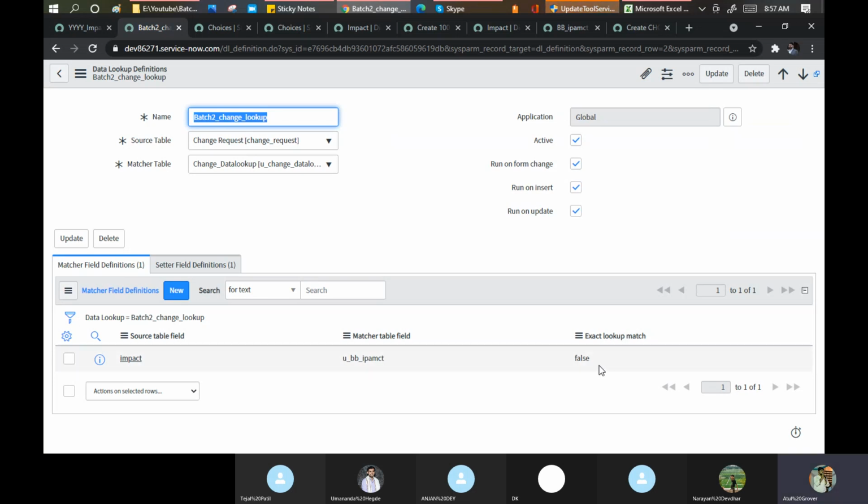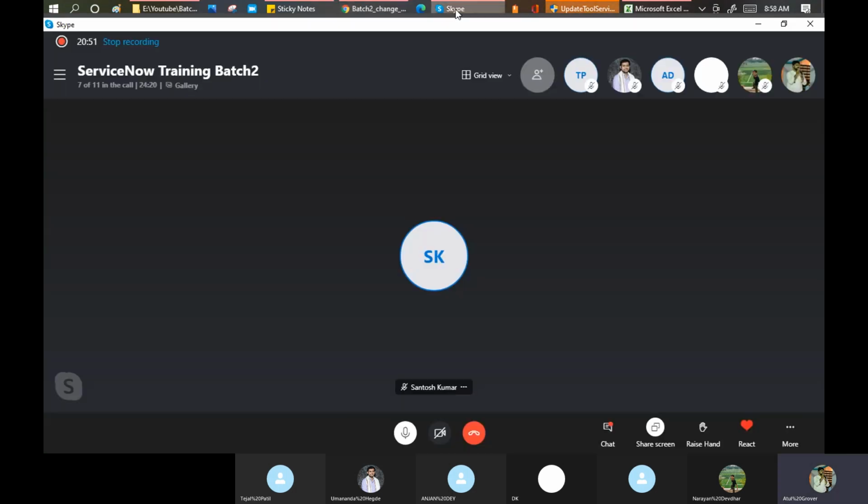And as per my understanding, which I read in the docs and in the community as well, people always make it false, so that some nearby match can be possible. But when you're doing the setting, always make replace as true, so that in any case your value has been changed, you make sure that the value for the setter field also gets changed at the same time. Okay. Now, any question, any point you want to discuss on this part?